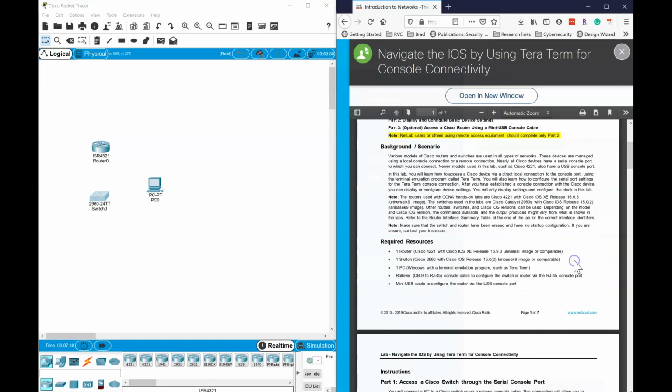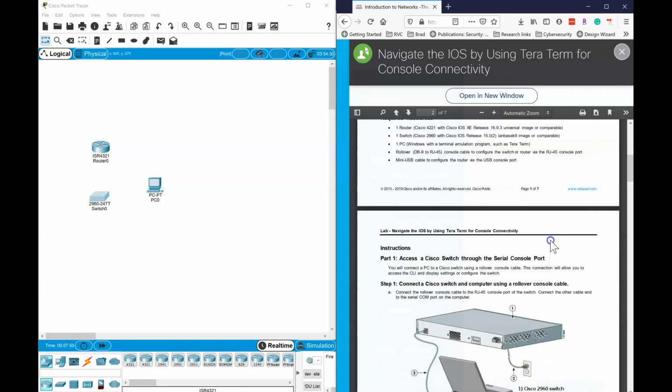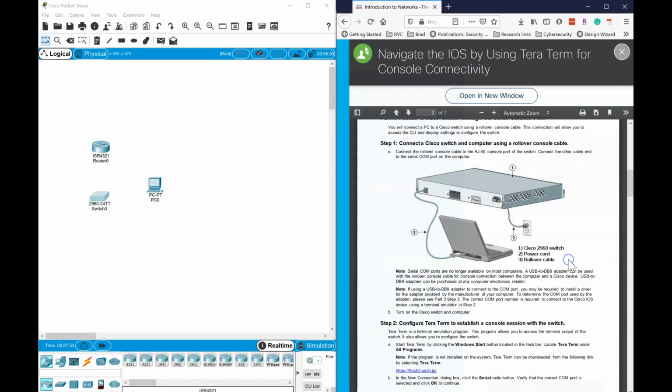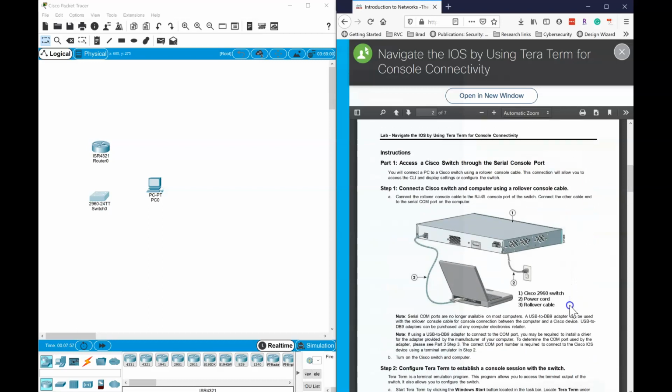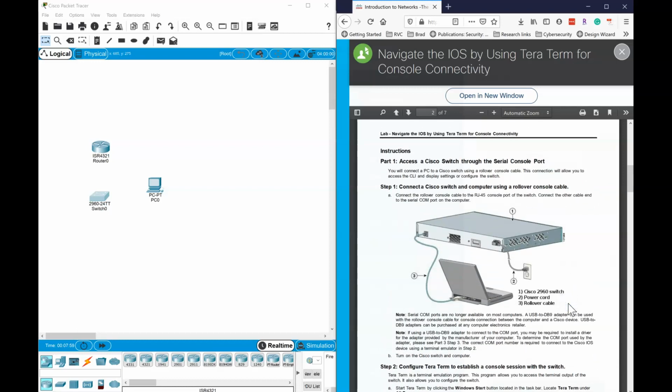We're going to need a rollover cable. It says mini USB, but that's if we want to throw a laptop up there. So we're going to connect a Cisco switch and computer using a rollover console cable. So I need to go back down here, click on the lightning bolt because that's cabling. The blue one is console. And so I click on blue, that baby blue, and then